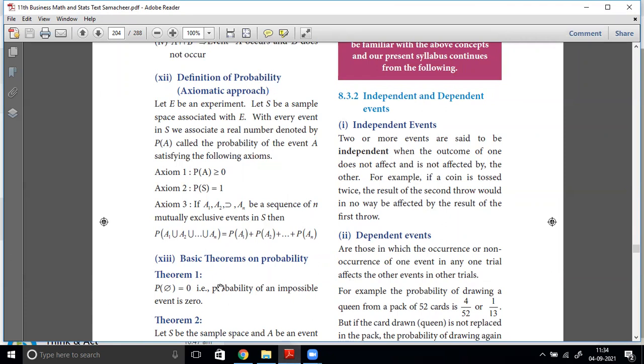Independent and dependent events. Two or more events are said to be independent when the outcome of one does not affect, is not affected by the other. Event A does not affect event B, and event B does not affect event A. Then they are independent events. For example, a coin is tossed twice. The result of that,